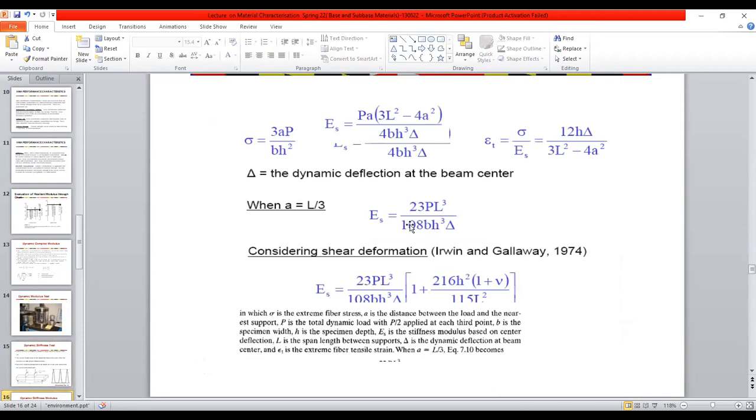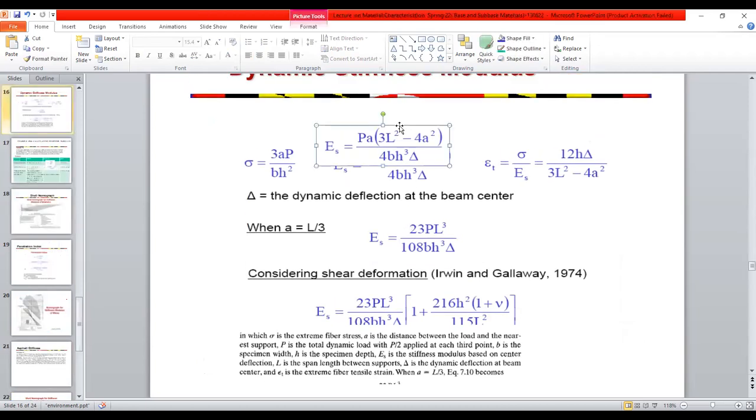Some formulation to calculate the stresses: you need the load, the point of application of the load, and the cross-sectional area of the beam. Once you know that, you are also measuring the deflection.